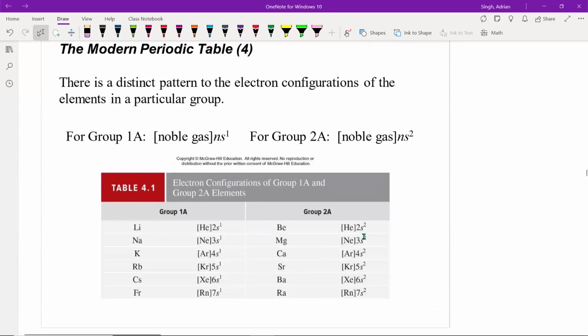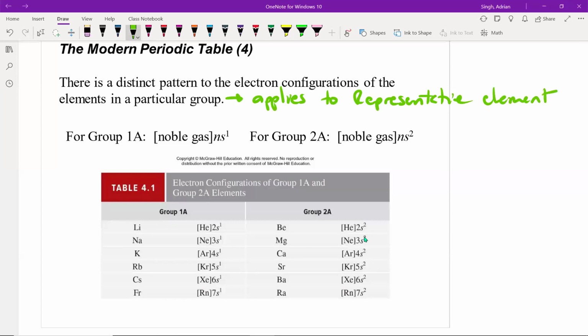What we're also going to see is that as we look at each particular group, and this now applies mostly to the representative elements,